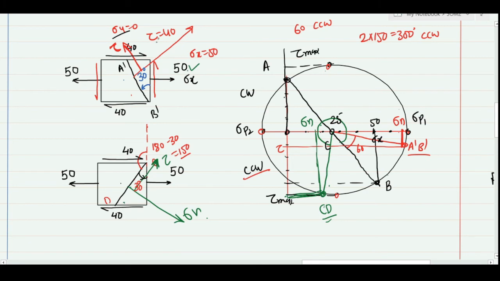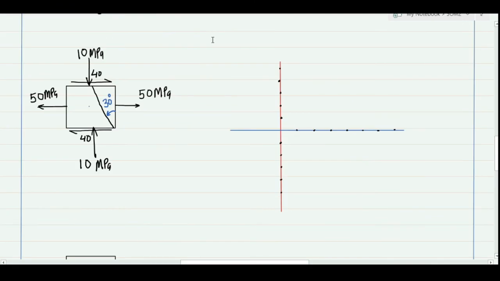shear. If I am having all stresses together on the body, here is your problem where we are having all the stresses acting on our stress element. Our sigma y is compressive, so minus 10. My sigma x is tensile of magnitude 50, so it will be plus 50. My shear on the top surface is in the clockwise sense, so the second shear will be the complementary shear stress and having a sense counterclockwise.